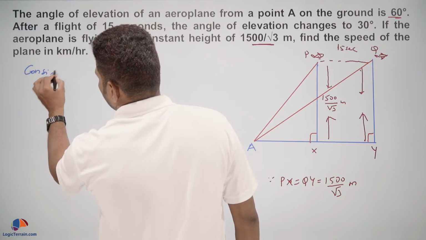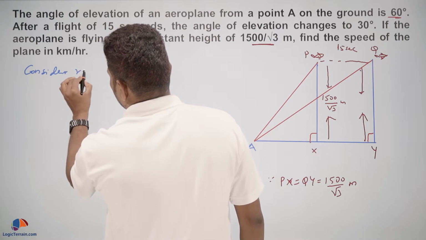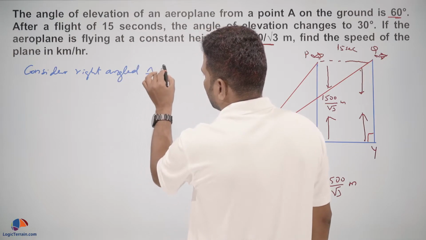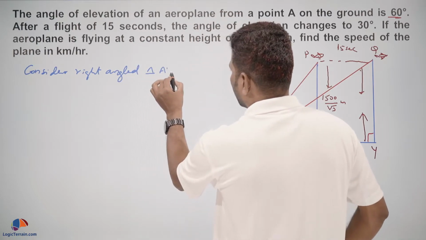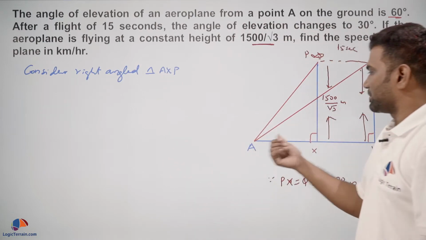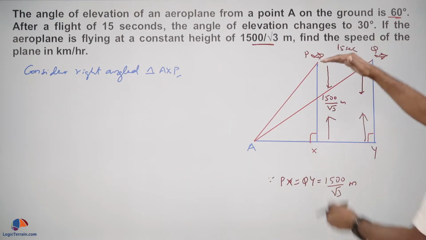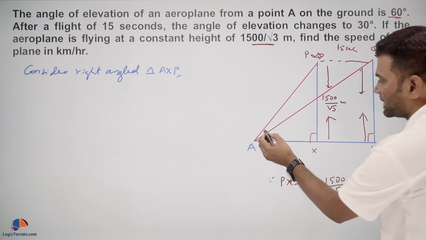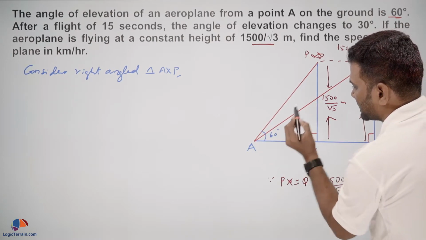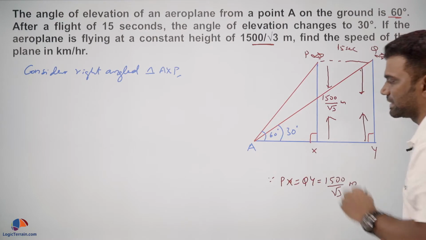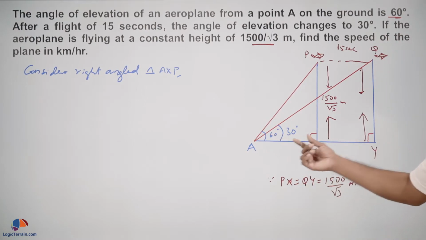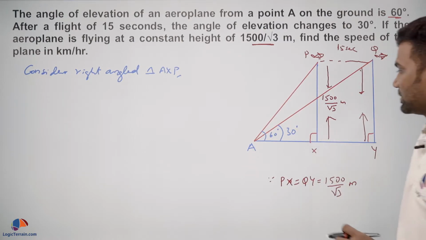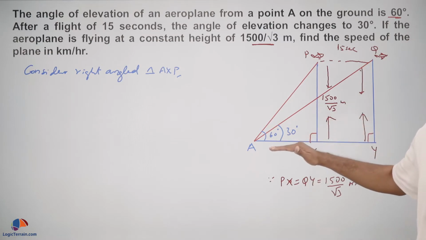Consider right angled triangle AXP. From this we have the perpendicular height and we need to find the base. Here the angle is initially 60 degrees and afterwards it becomes 30 degrees. So we have the opposite side to theta and we need to find the adjacent side to theta. The relation between opposite side and adjacent side to theta is